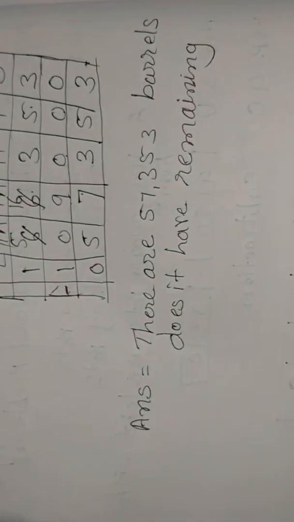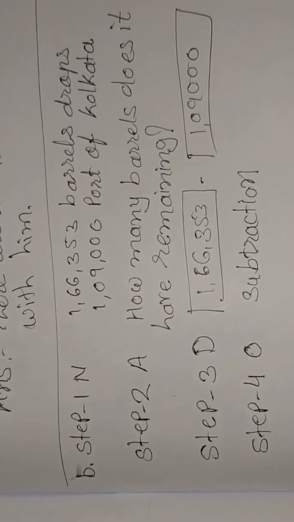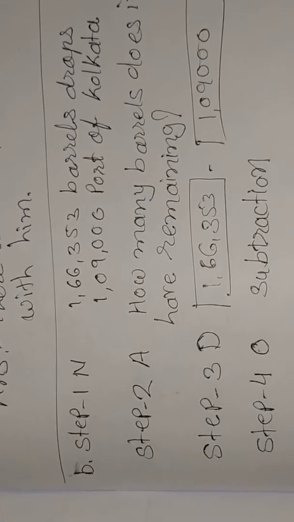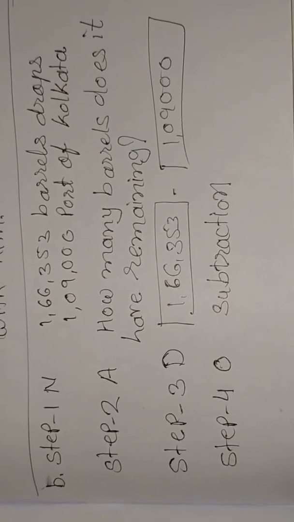So students, here our second sum is complete. I'll show you step number 1 to 4 and then you have to write it. So students, here are steps 1st, 2nd, 3rd and 4th. You have to look at this and write it down in your maths notebook. I'll give you 2 minutes. You have to complete your work.